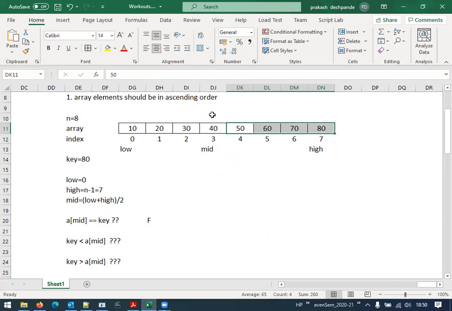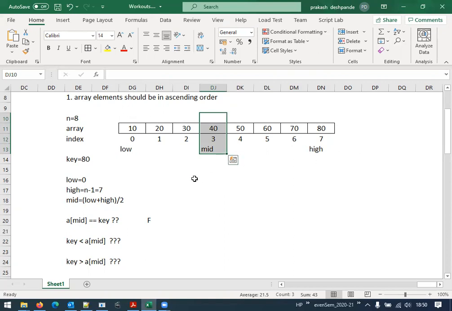I will repeat once again, students. Since we are doing the partition or division at the mid position value, the element can be present on its left side or on the right side. If the key element is smaller than 40, we can search on its left side. If the key element is bigger than this 40, we need to search on the right side.